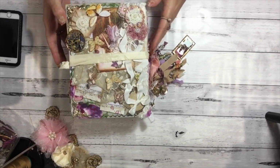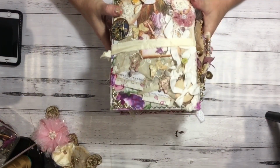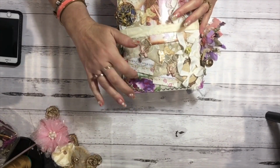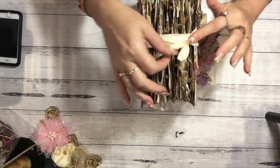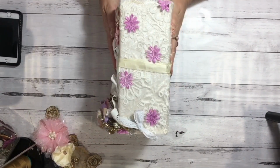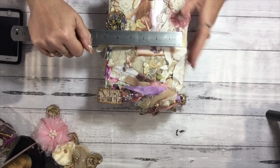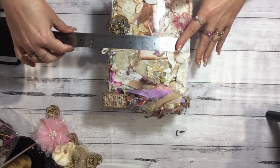I have just completed a custom journal for a customer, and this is the book. It's based on flowers and fairies. So it's a book board, and that's the other side, tied with just some ribbon there, and that's the back. Hopefully you're all seeing that. It's about 3 inches here in the spine, has 3 signatures, lots of embellishments, and it's about 6.5 inches wide